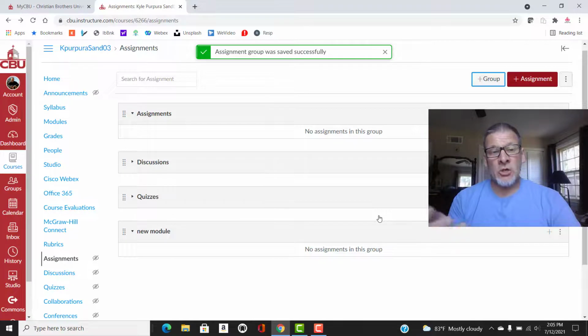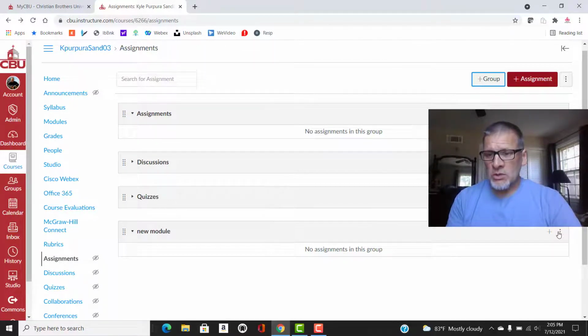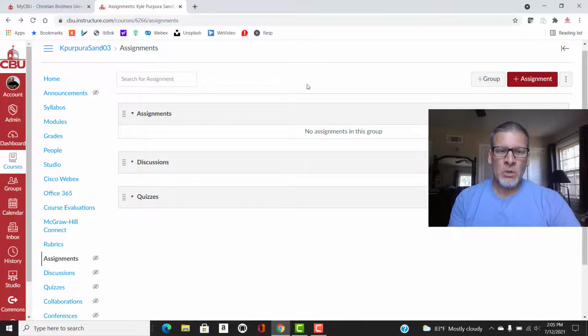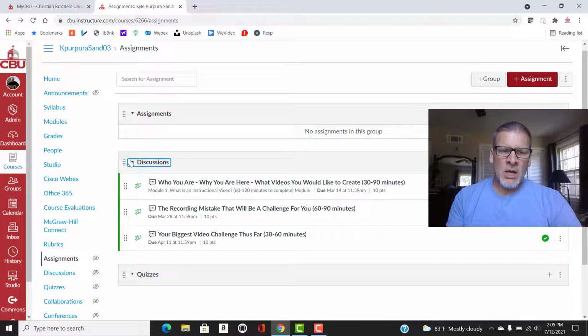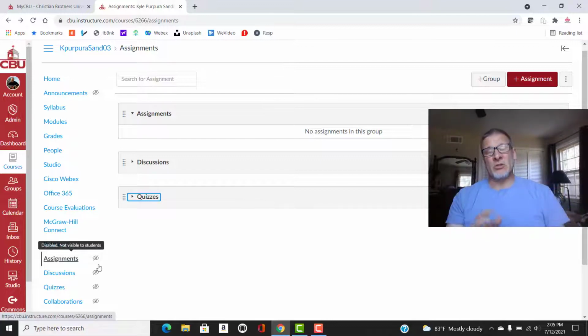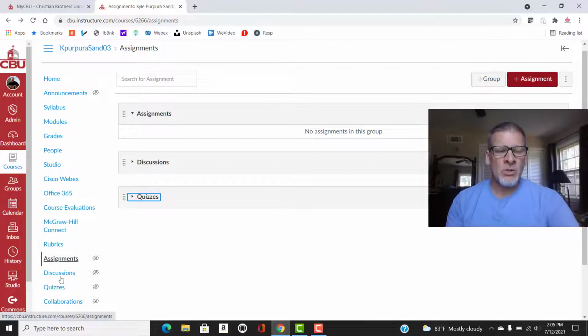If I needed to create more folders, well, I don't, so I'm going to delete that, but that's how I would do it if I needed to. So my assignments now are clean. I know my discussions are clean. I know my modules are clean, and I know my pages are clean. So the last little bit is what we want to do now is clean up the